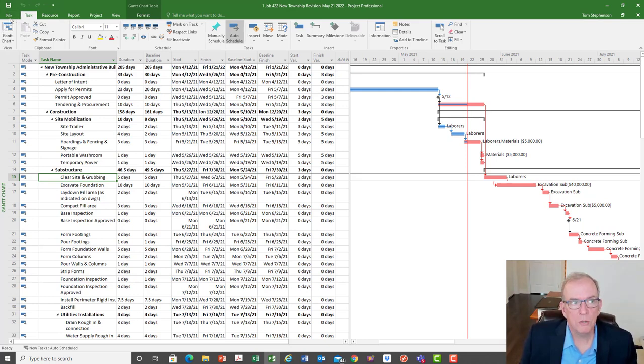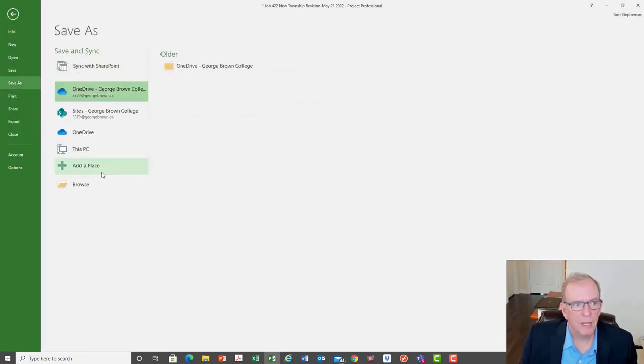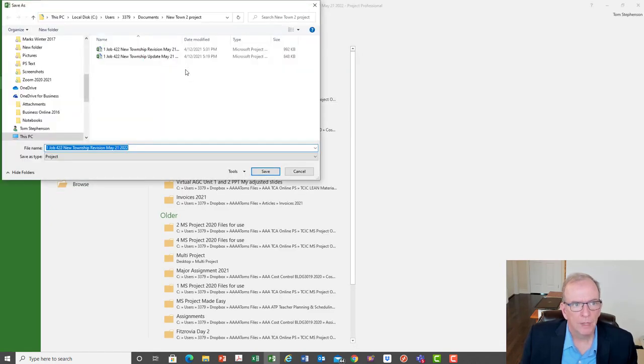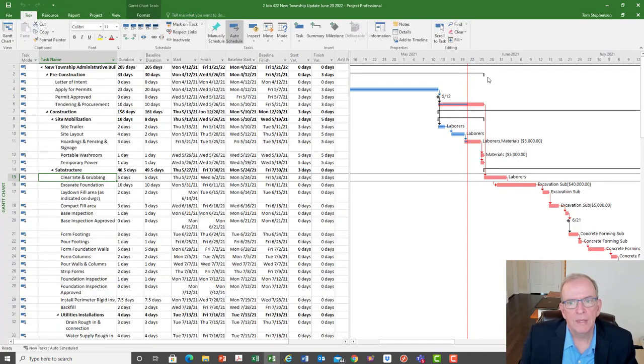Then the next one would be you would go File, Save As, and again, I would put it into the same folder, and I would change it now. The next update would be number 2, okay? And then I would call it Update. And maybe you're going, let's say, a month ahead, so maybe now the next update is going to be June 20th. All right, so say the next update is June 20th, save, and then your next update would be June 20th, not 2021, but